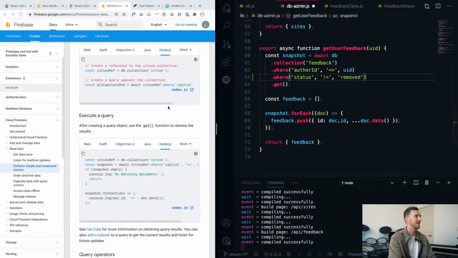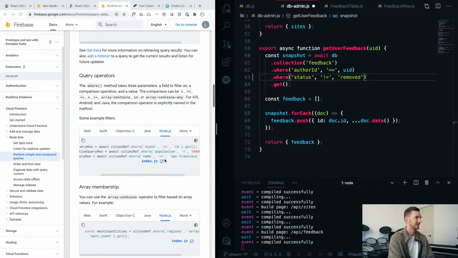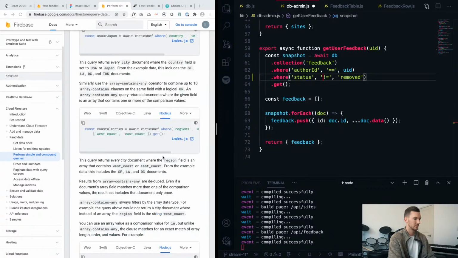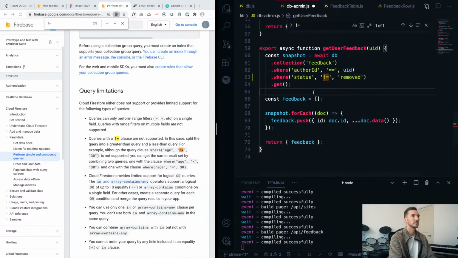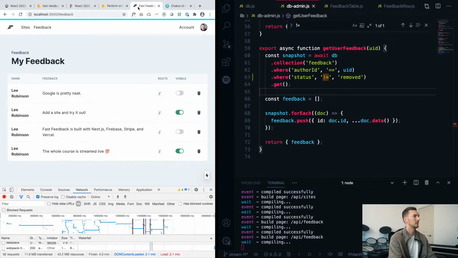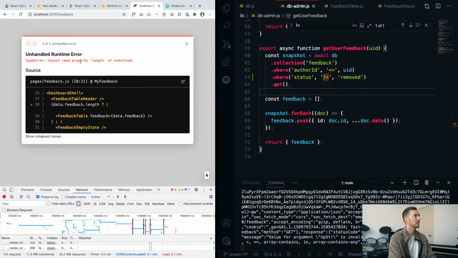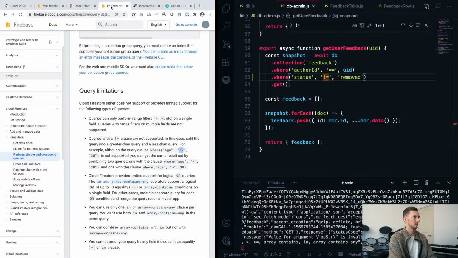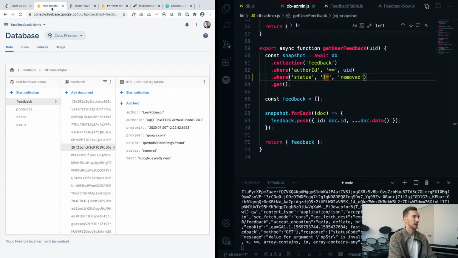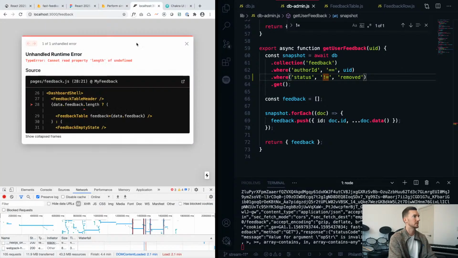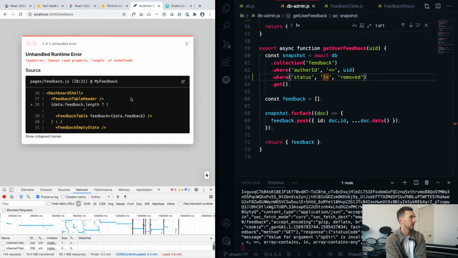I'm assuming it's this, but I want to make sure. Okay, it is. So now, can't read property length of undefined. Get the feedback where the author ID is this and this status is not equal to removed. And it's saying it's not getting any feedback back from the API route, which I'm guessing is because if I